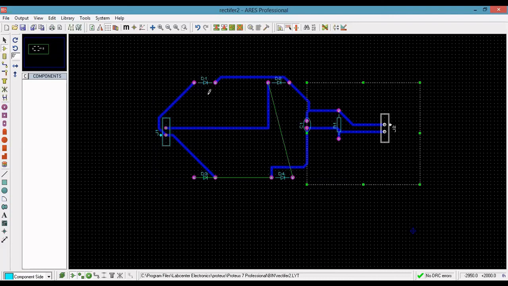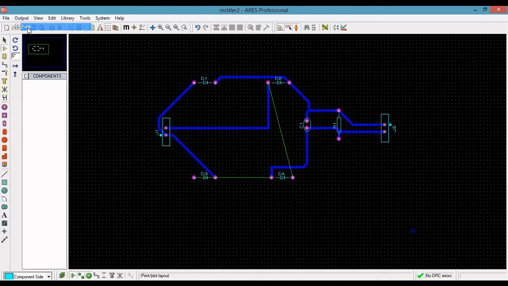So there are 4 diodes, D1, D2, D3, D4. J1 and J2 are the connectors, and the capacitor and resistor. Next, the blue color is the copper connections between the components. If you want to take a printout, you can. For that, go to the output option.